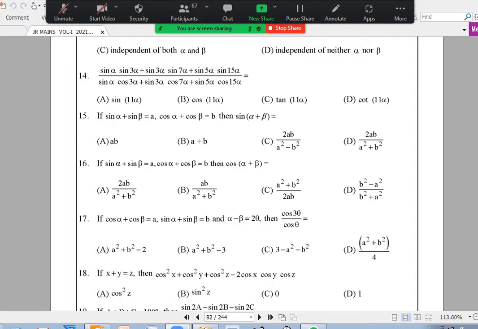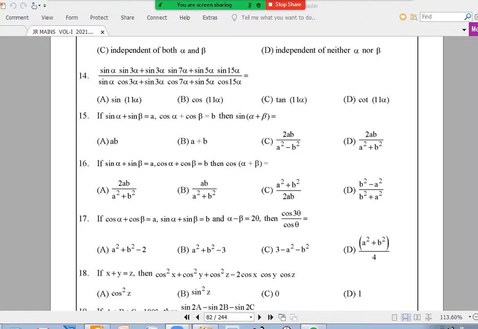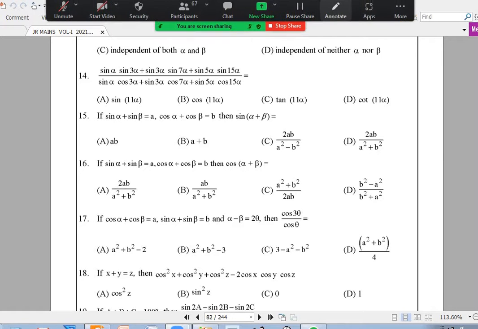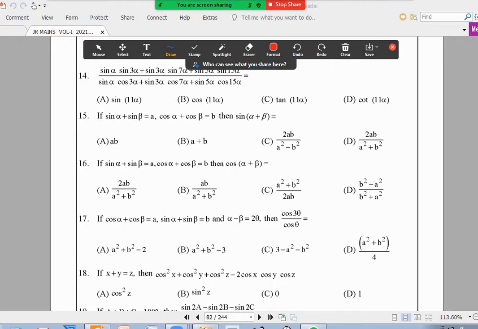So in the first method, overall I did not like the first method. The reason is we did not get cos alpha plus beta so comfortably there, and the sin alpha plus beta was plus or minus, so we could not decide. Am I correct? Yes, sir. So the first method is not so nice because of course there is no option here with a minus. Only this option was there.